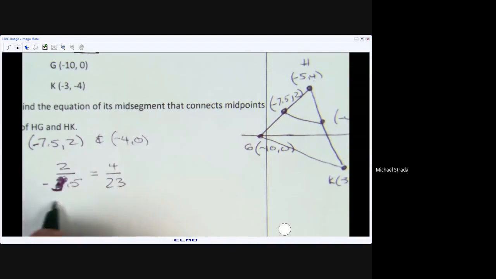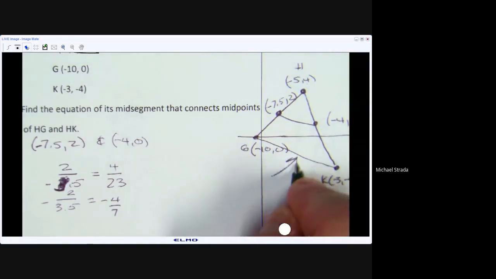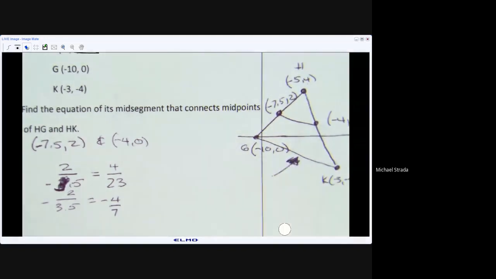I'm going over 3.5 and down 2. So either way, it's -2 over 3.5. I double and I got -4/7. If you don't want to deal with the decimal, go back to your original vertices, which weren't in decimal, and